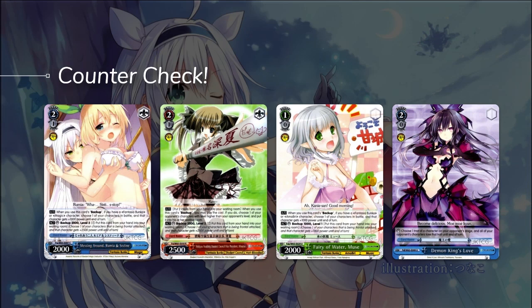The last card to talk about here is this 2-0 Toka event, which removes a trait from one of your characters until the end of turn. So that is a little bit niche, and you probably won't see it, but definitely be aware that that's something